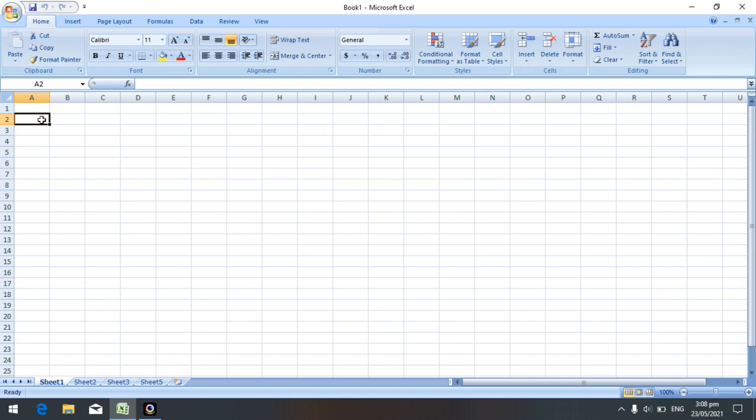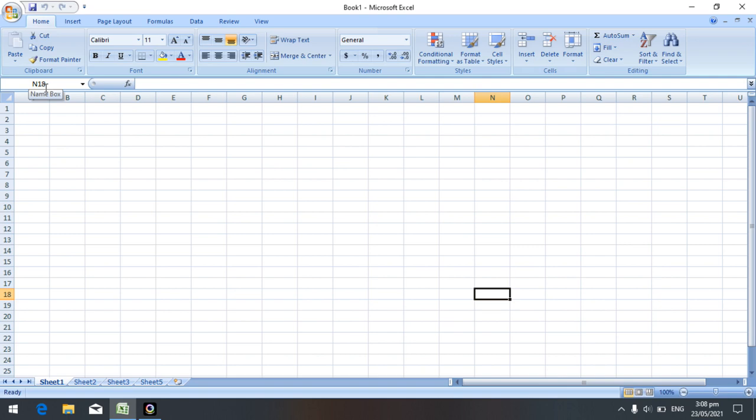When we click on a particular cell, such a cell is called the active cell. If I click here, it will be the active cell. That active cell address is available in the name box. If I click here, instead of counting which row and which column, I can just view it in the name box. So the name box shows the active cell address.